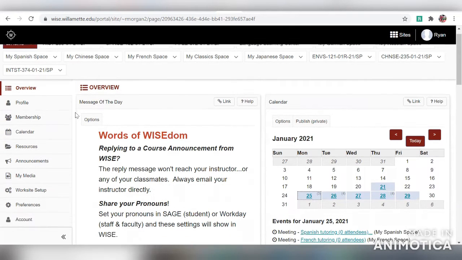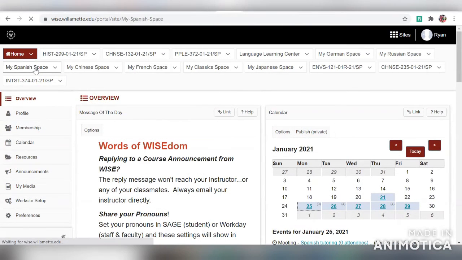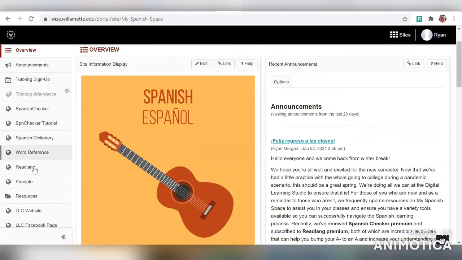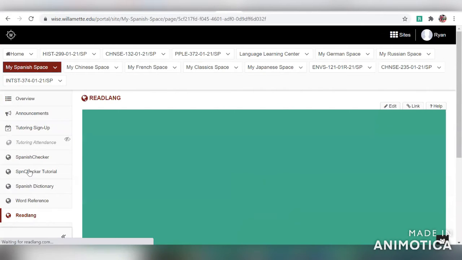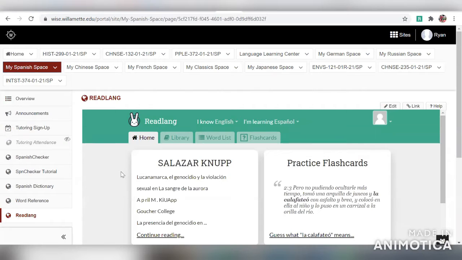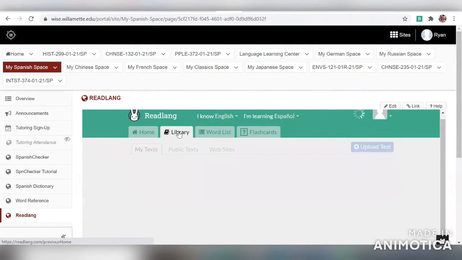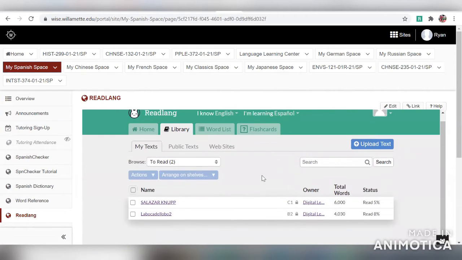So in order to do this, students would go to my Spanish space and they would find Readlang in their toolbar. And it's important that they access Readlang through Wise because that's how they get access to our premium account. If they sign in through their own account, then they won't have access to the same features that we do because of our subscription. But what they'll do is they'll go to the library, and teachers will have to communicate